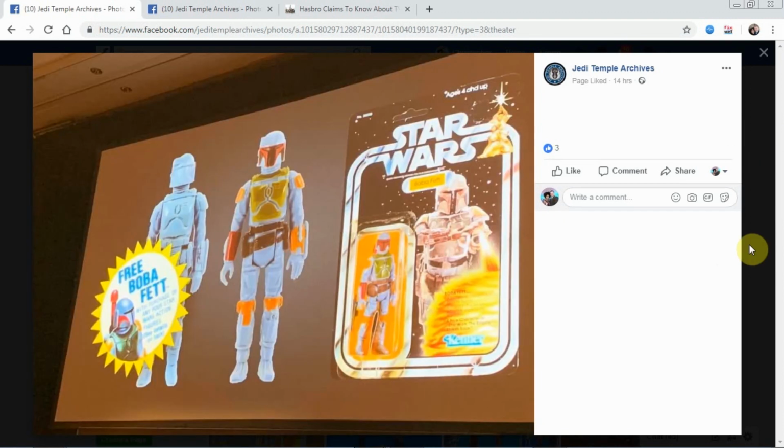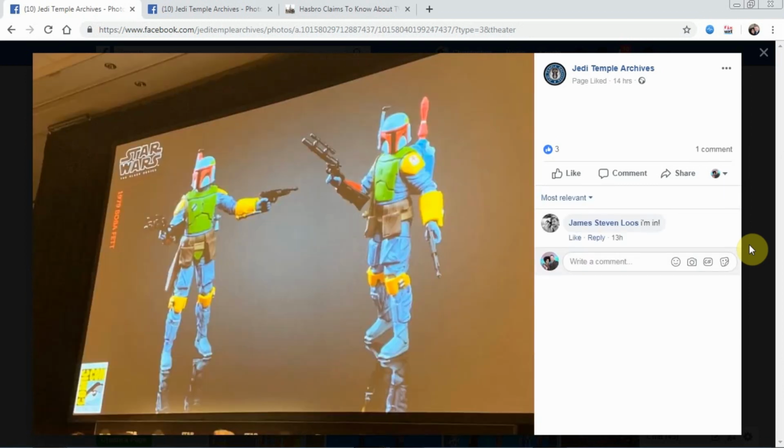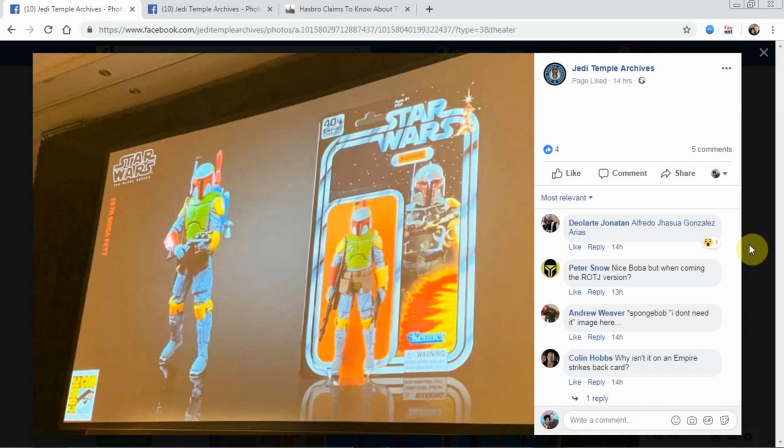for me. They then spoke about Boba Fett, and obviously he was initially released on a Star Wars card back after the mail away promotion. Now the colour scheme on this one, they're actually talking about putting on a Black Series figure. So this is the Kenner inspired deco on him. He is going to come with a Stormtrooper blaster as well, and he will come on a Star Wars card